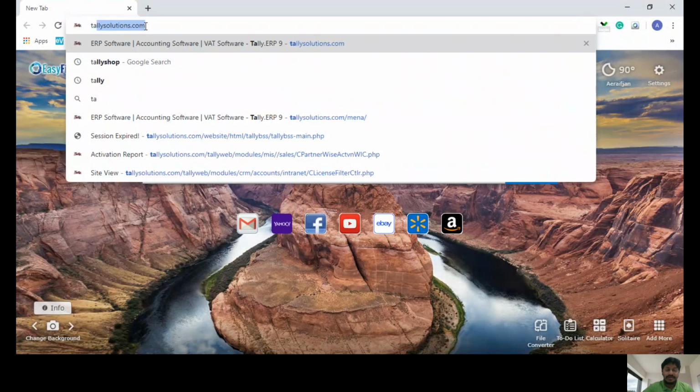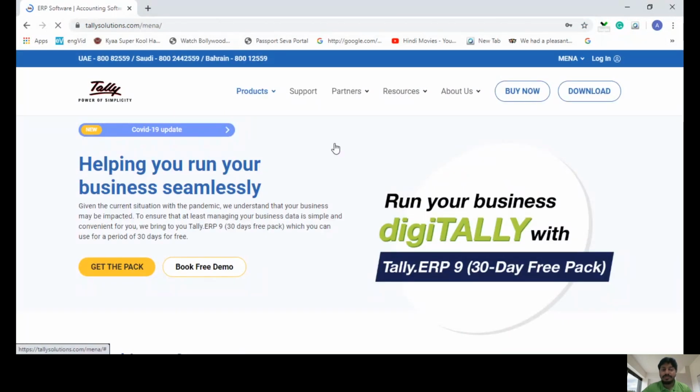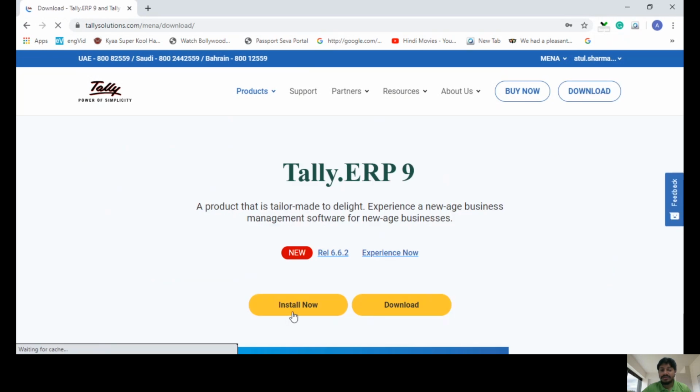Here we have to enter tallysolutions.com. Once we enter tallysolutions.com, you will get one pop-up screen. Here you can click on download. Once you click on download, it will show you install now and download. Install now means it will download and install automatically.